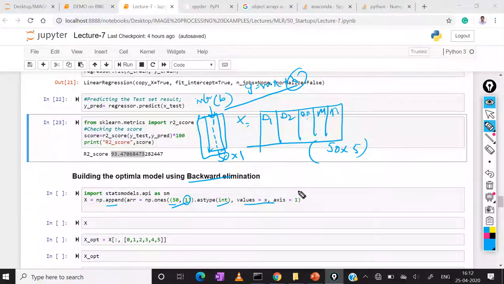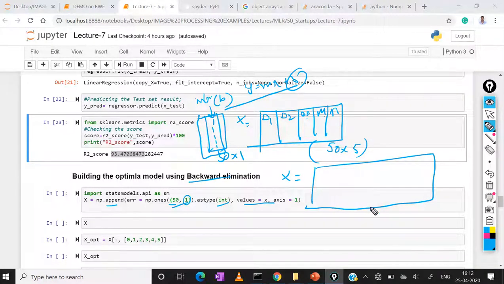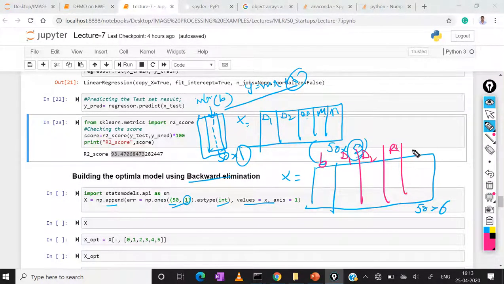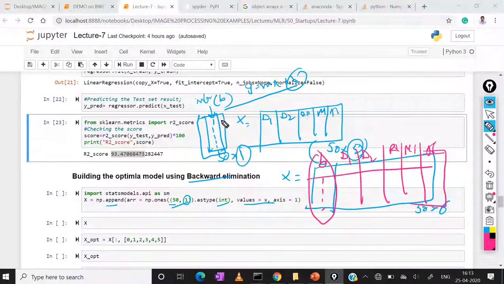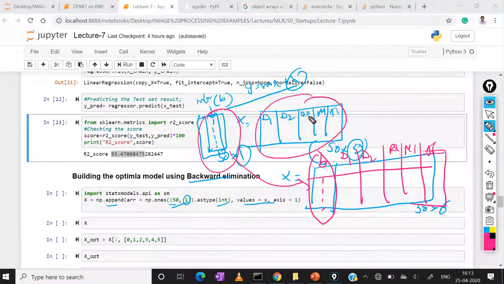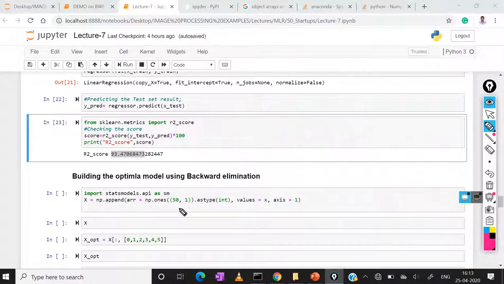So now it is 50 rows of 6 columns: these 5 columns and this 1 column. This is the bias b, this is dummy variable d1, dummy variable d2, then R&D department, marketing spend, and administration. This table goes here and this table goes here. That is the concept behind the backward elimination method.